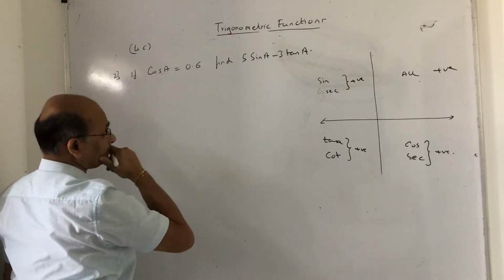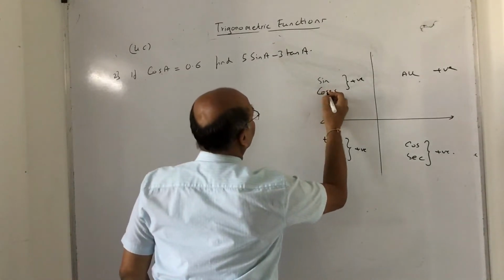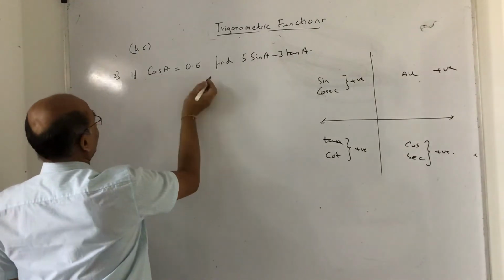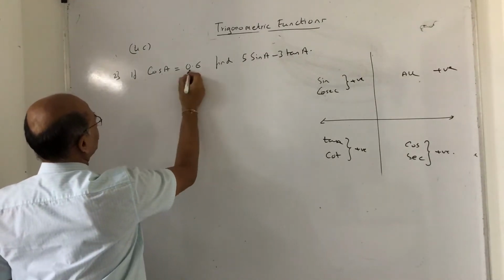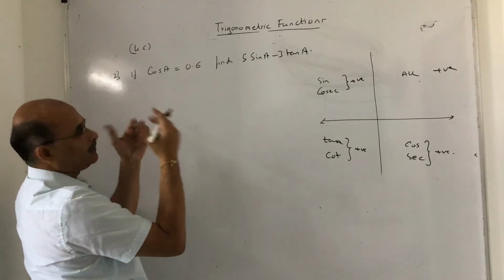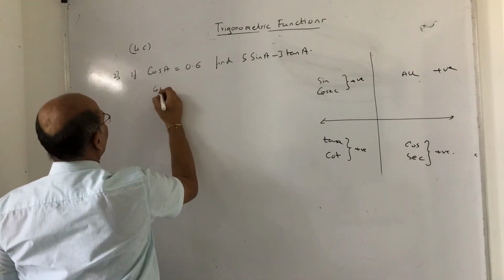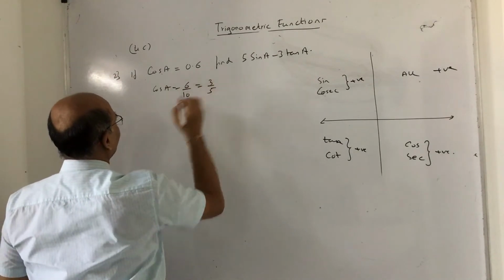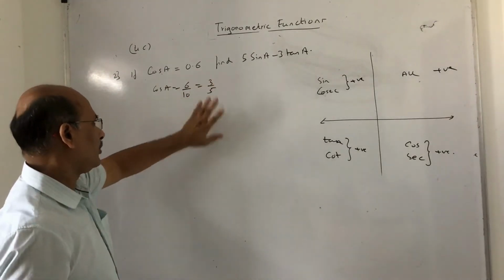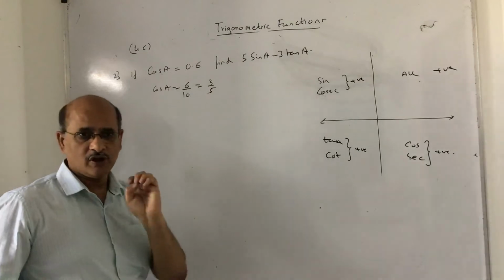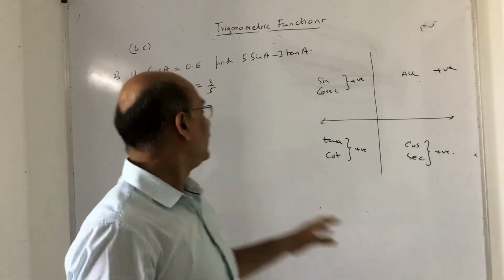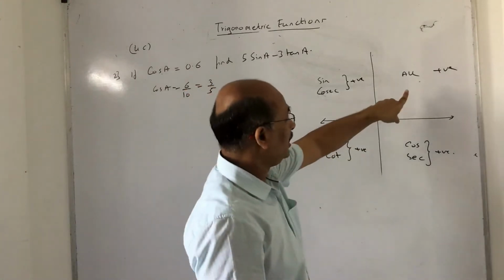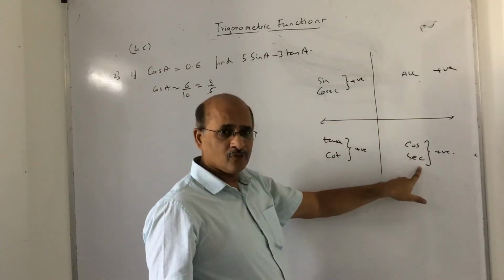So what you have to do is, okay, first thing I'll just simplify this out. So this is a little bit not a workable format. So I can say cos A is equal to 6 upon 10, 3 upon 5. So cos A is 3 upon 5, not a problem. Now they have not mentioned which quadrant it is. So tell me, cos A is given positive. So cos is positive in which quadrant? In the first quadrant and in the fourth quadrant.